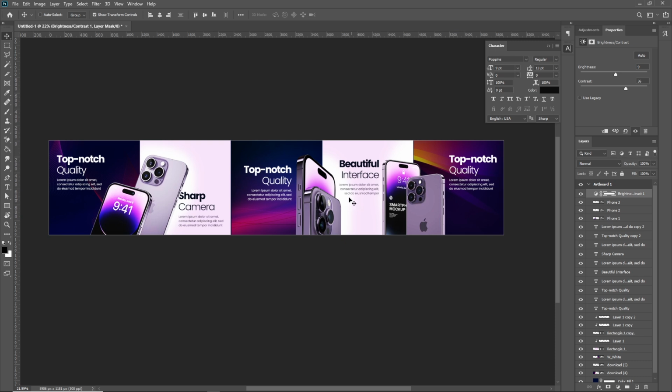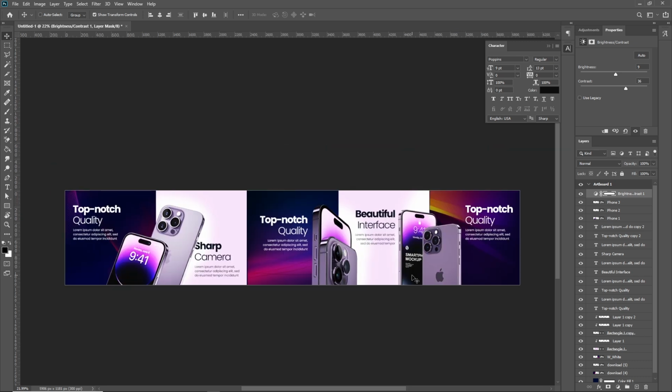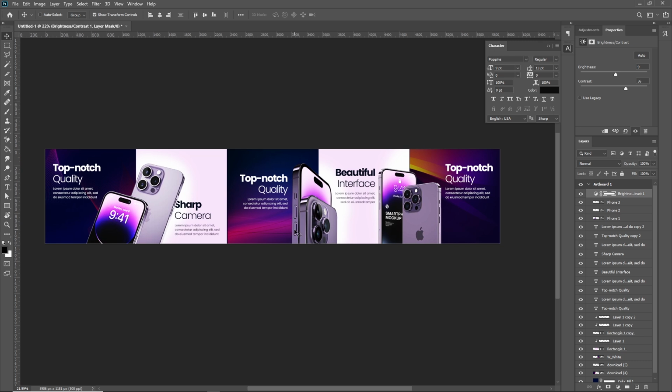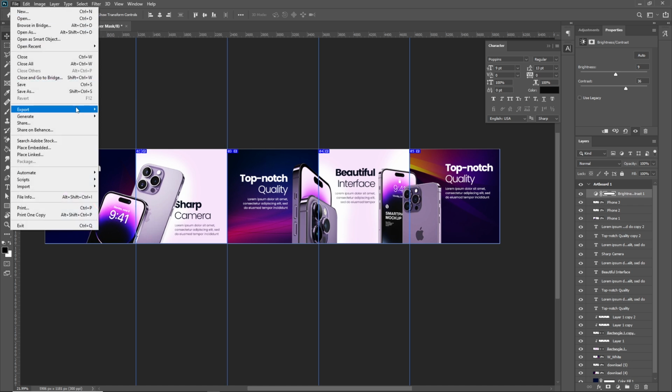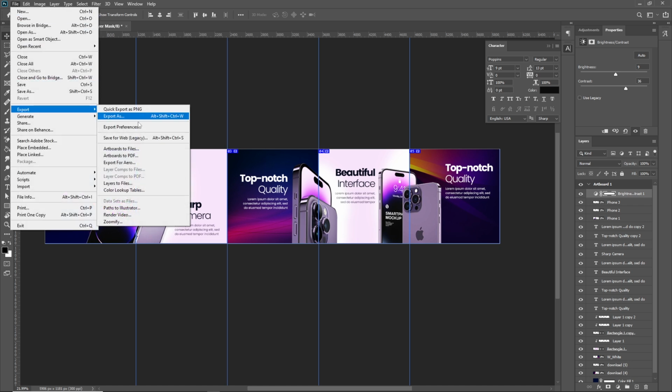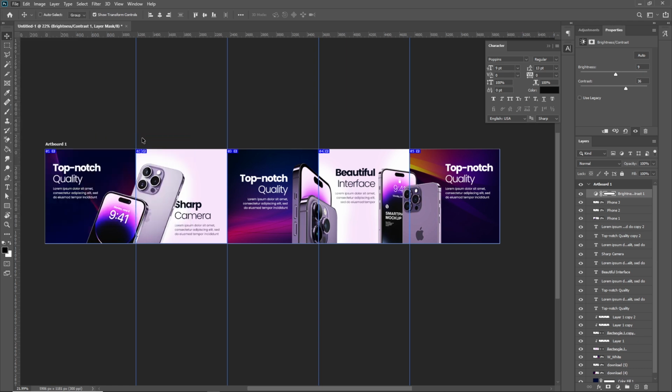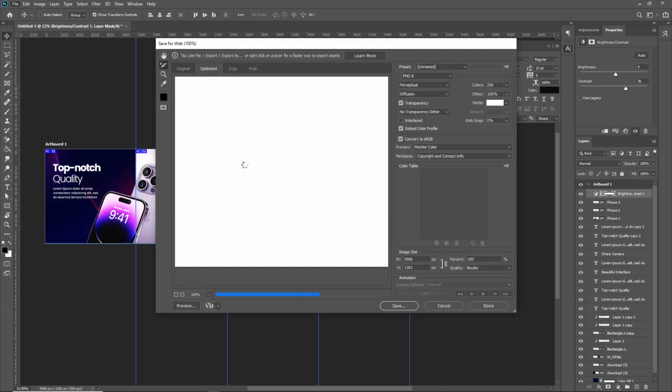So one last thing before we go, how do you now export this into different slides? So I am pressing Ctrl H to hide and show my slices and all of my guides. So if we want to export this, you come to File, Export, right? Instead of saying Export artboard to File, you're going to do Save for Web. So click on Save for Web,